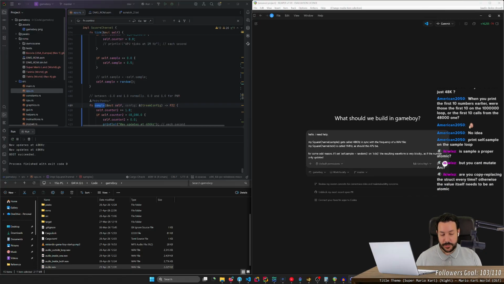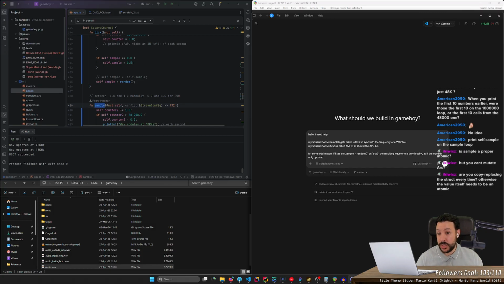I see that you are sending messages, but let me interact with Mr. ChatGPT. But you can't mutate Arc. It's an Arc Mutex, so I need to lock into the Arc. It just makes it thread shareable, right? But then it's a mutex inside, so I'm locking onto the mutex.